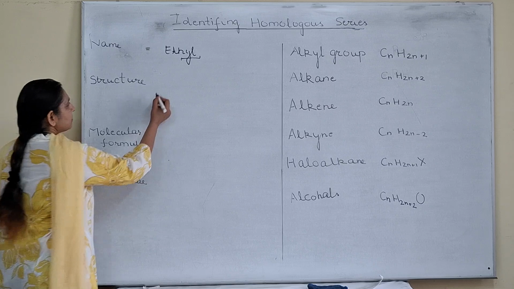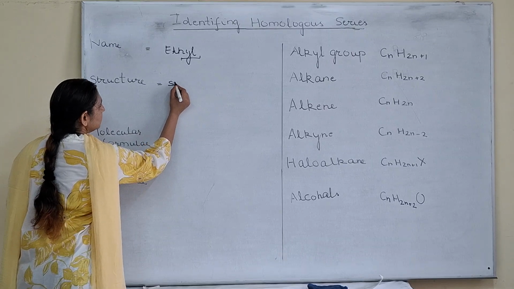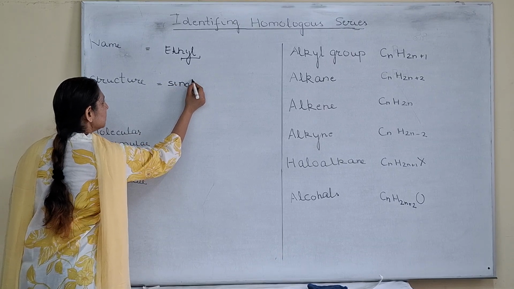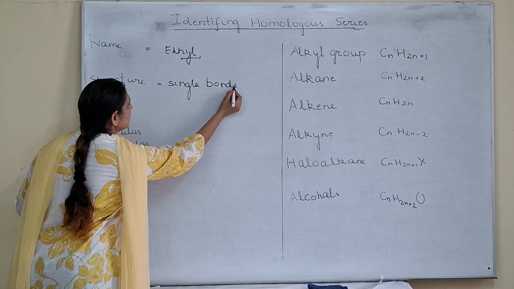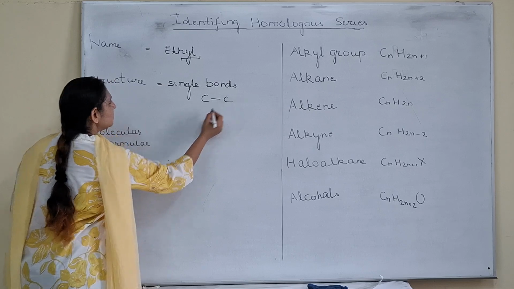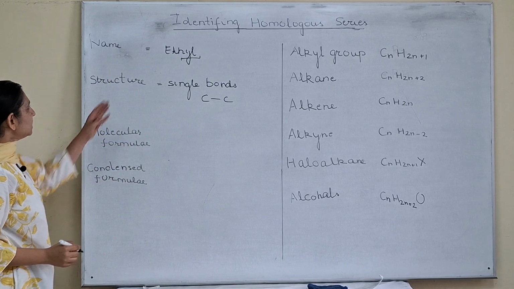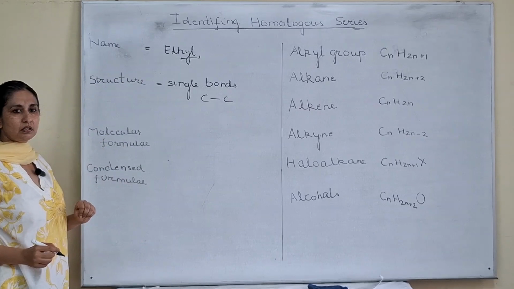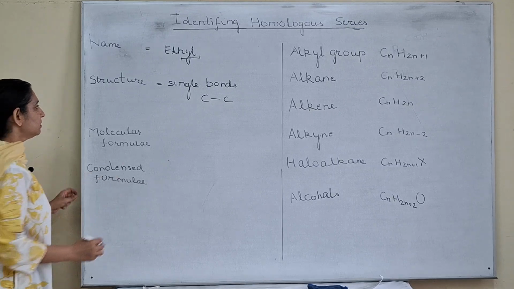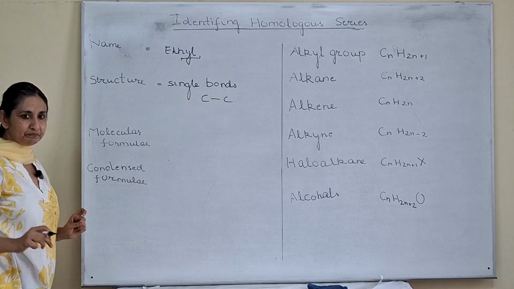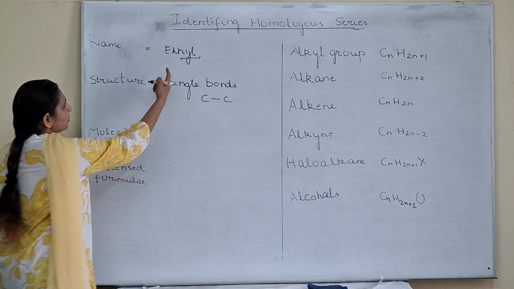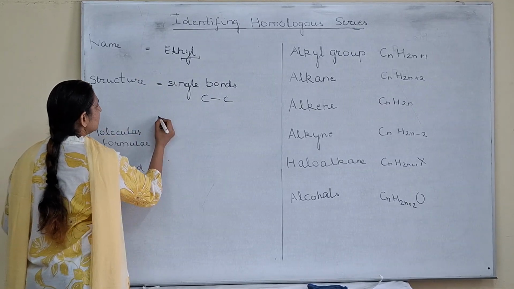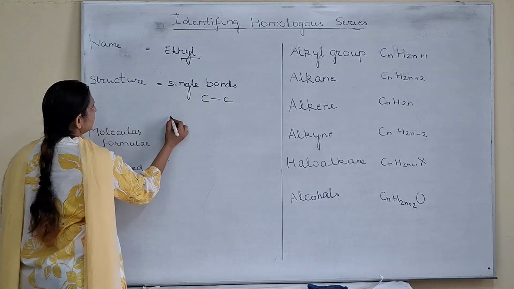The structure has, first of all, single bonds. All carbon-carbon bonds are single bonds. Then we'll specifically draw this compound. Suppose this is the identifying feature, all single bonds between carbon atoms. Suppose I have to make this, that means it will be